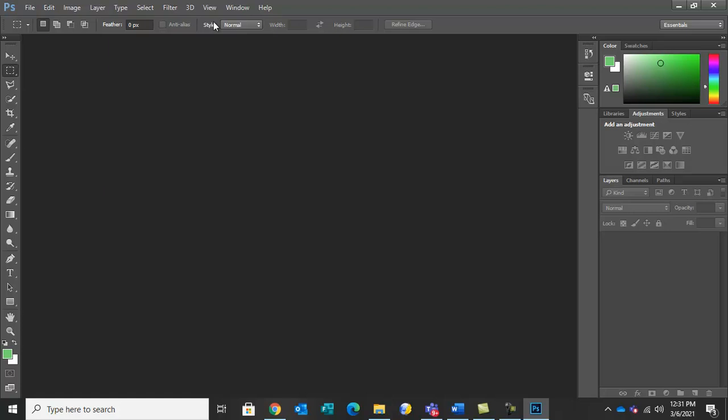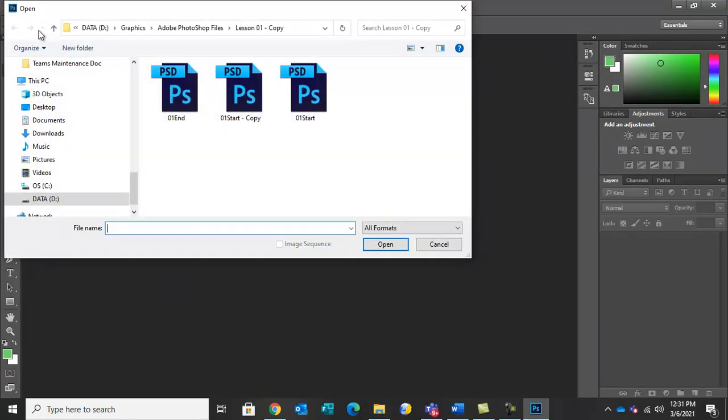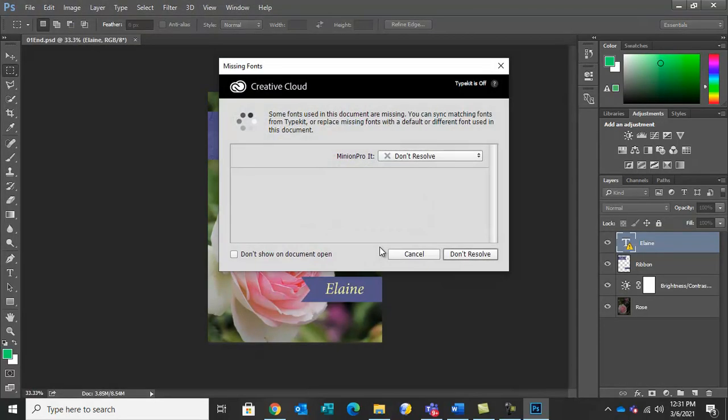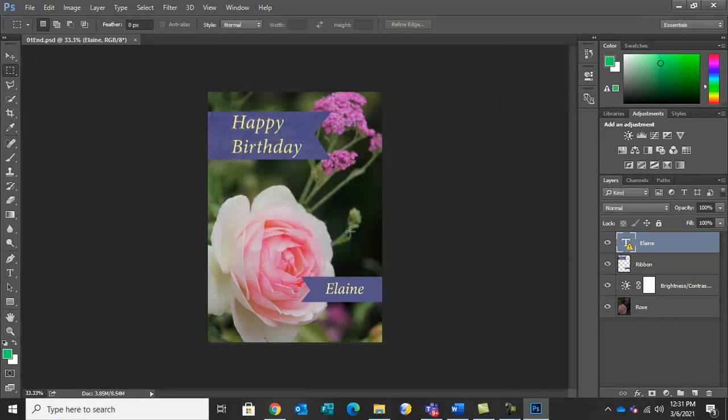Second is option bar. Under this menu bar, again another menu is here. This is option bar. When you open an image, the option bar will be different for each image. For example, open an image, for example this one. Cancel this, don't select this. See, option bar changes.